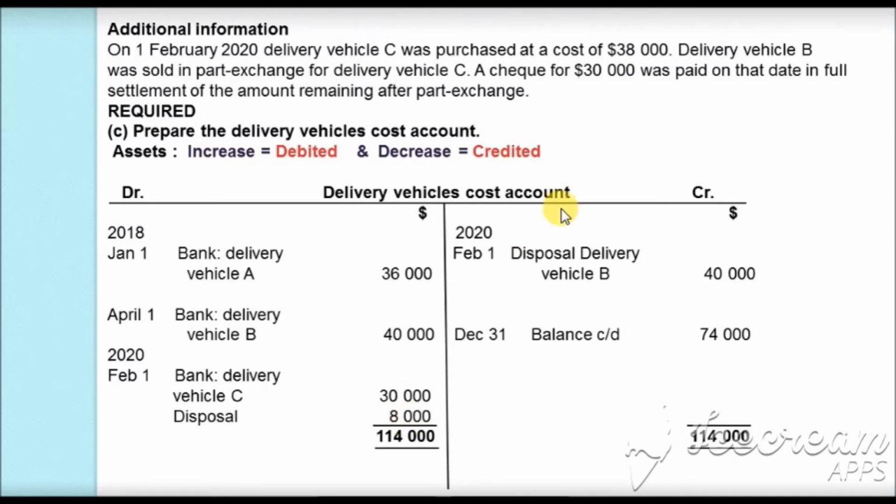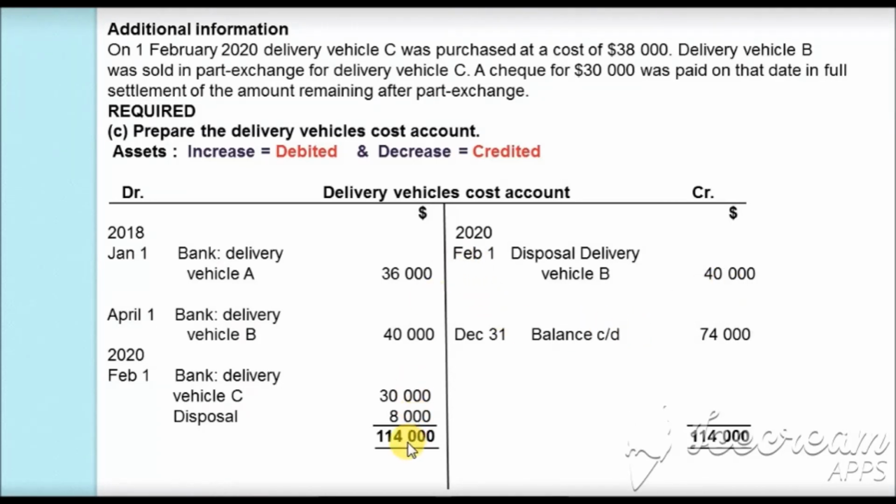And as we have given this in part exchange, that means delivery vehicle B is no longer with us, it is given. So as it is given in part exchange, this will decrease our assets, and decrease in our assets should be credited. So this was done on 1st Feb 2020. So on 1st Feb 2020, there is a disposal of delivery vehicle B, and the value of delivery vehicle B was $40,000. And after this, we will balance the account, that is we total this debit side